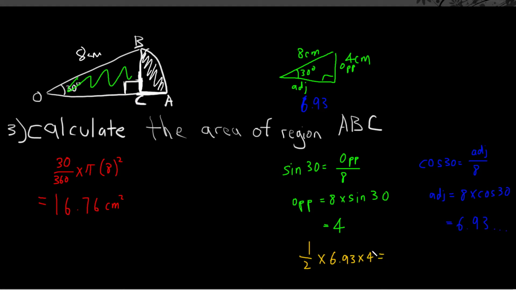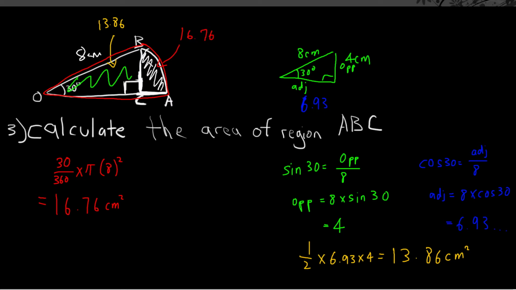You would have gotten, now remember to use the full value of this answer, times 4 times half. You would have gotten exactly 13.86 when you round off to 2 decimal places. Okay, this is again square centimeters. Now since we found out that this area is 13.86 and this entire area is